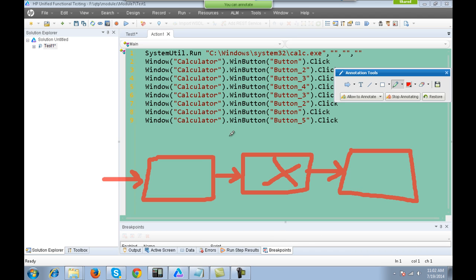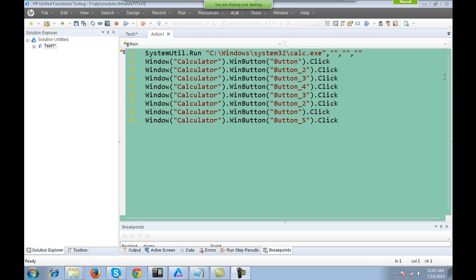When you run your script, you don't want the script to start from the very beginning. You can open page number 2 in the background in your browser, and run the script from that particular step, and the script will start executing from that particular line, or from that particular page.